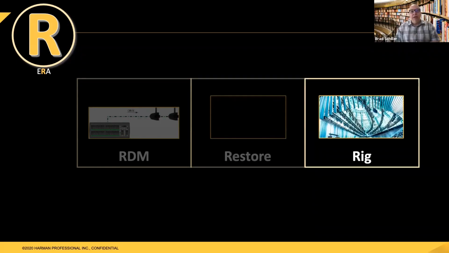Rig, typically in the United States and in other parts of the world, people refer to the entire lighting setup as the lighting rig. So more often in a touring type condition or something with a lot of temporary trusses, it'll be called the lighting rig. And that includes everything, the fixtures, the trusses, the cabling, all of that. And someone might say, what do you have in your lighting rig? And that's how rig is used.